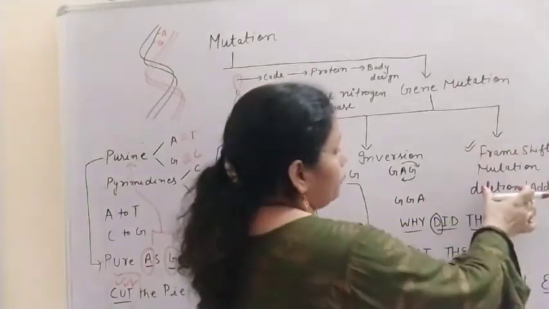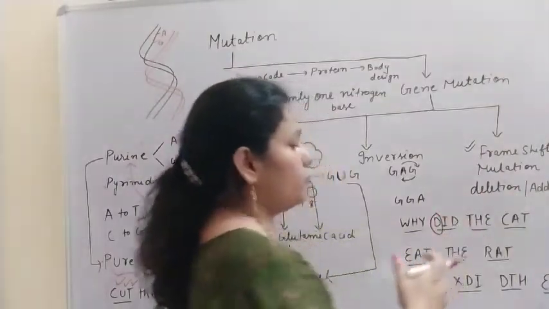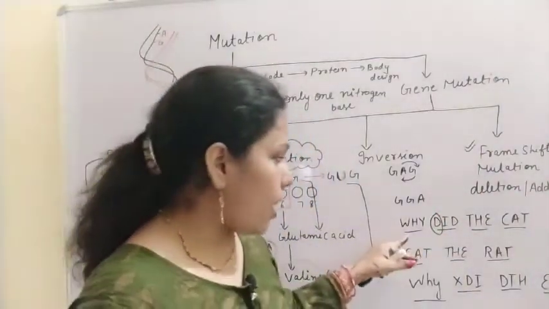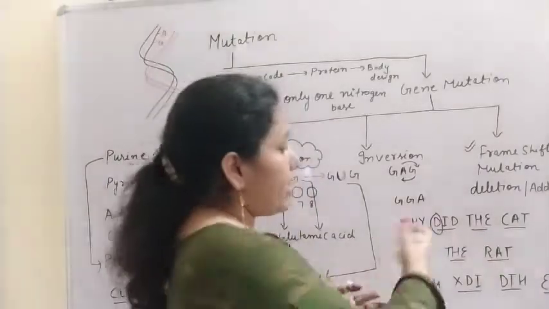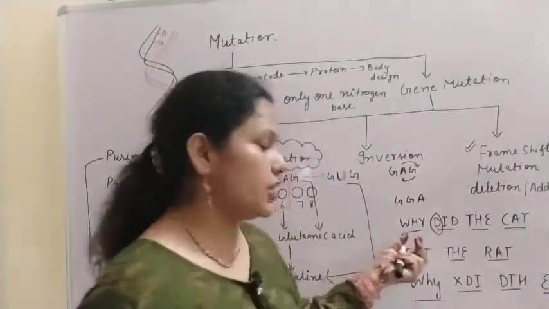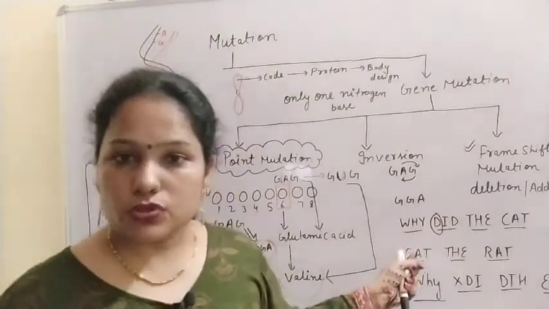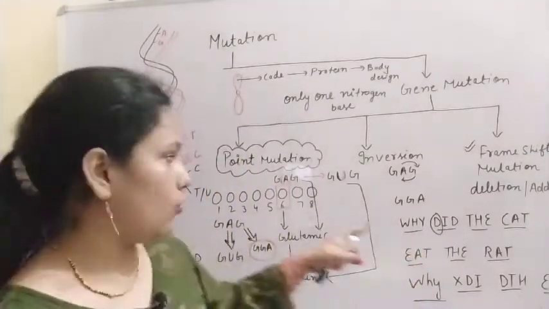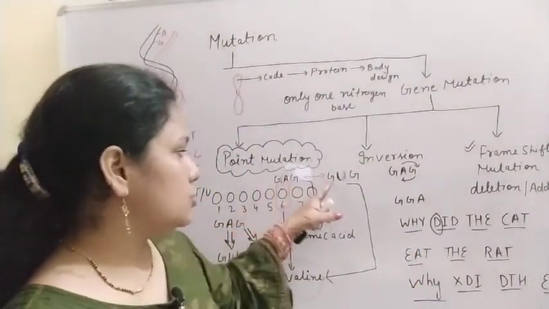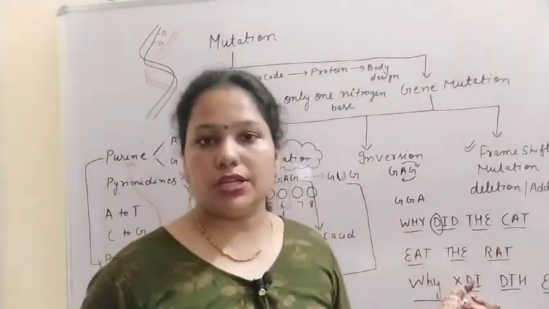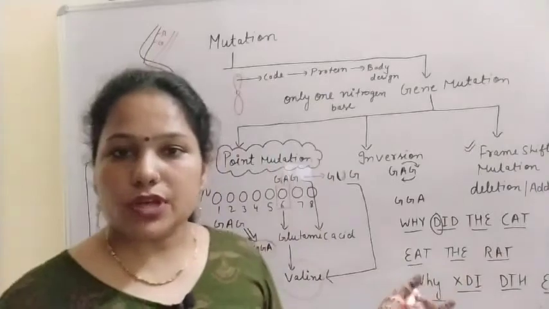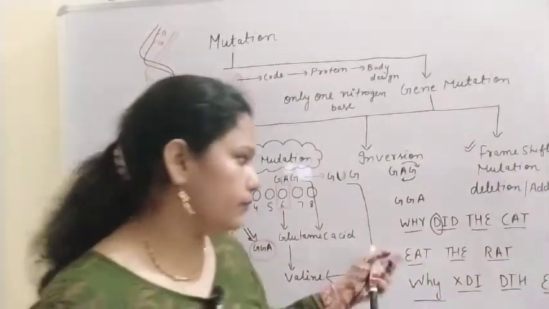For this frame shift mutation, I have taken one example: why did the cat eat the rat. Why am I selecting 3 letters? Because the codons are also in the 3 form like GAG, GUG. So for that मैंने एक simple example लिया है, इस simple example से आप इसको और अच्छे से समझ पाओगे. So why did the cat